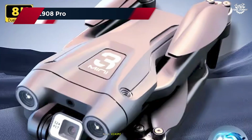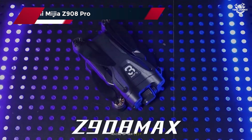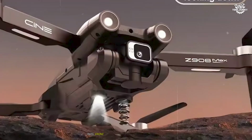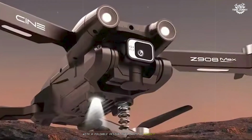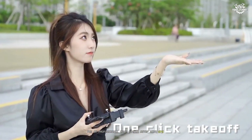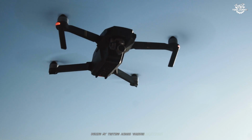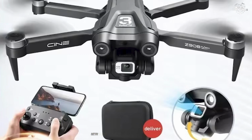Number 6. Xiaomi Mijia Z908 Pro. Moving up our list, the Mijia Z908 Pro offers several improvements over the P11 Max. This drone features a more robust build quality with a foldable design that makes it highly portable. The 8K professional dual camera setup with GPS functionality promises enhanced image quality and stability. During my testing across various locations, I found the Z908 Pro to be a capable performer with some notable strengths